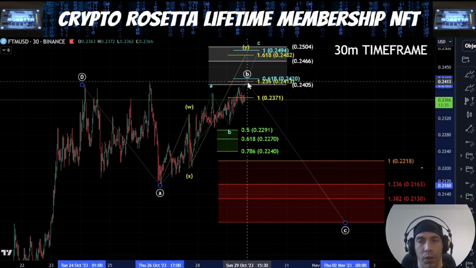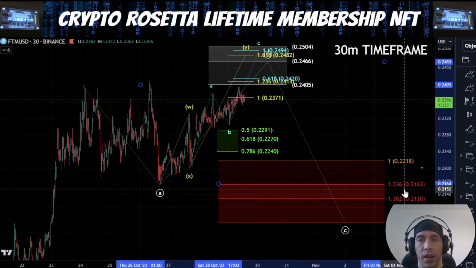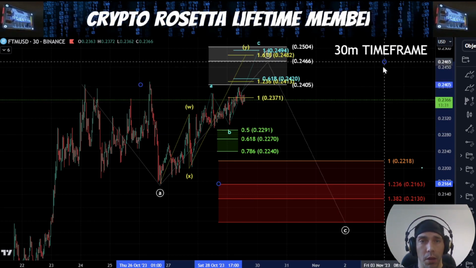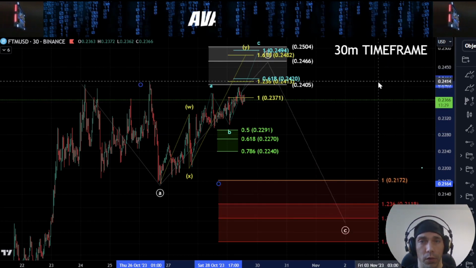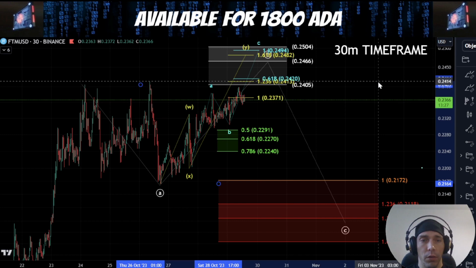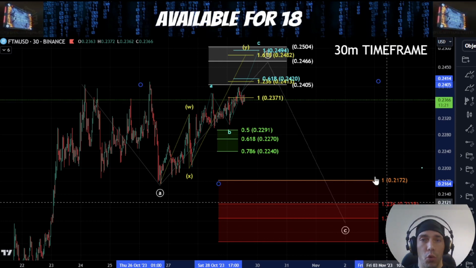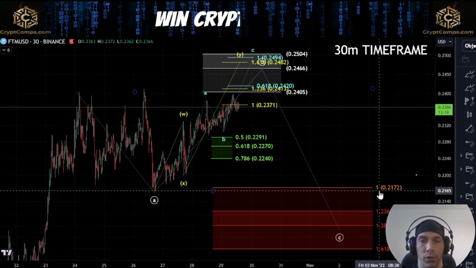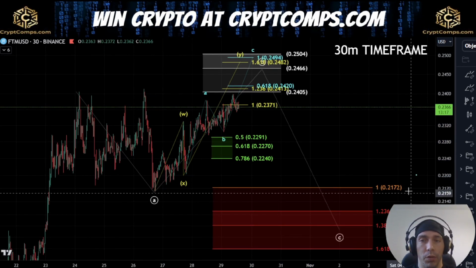If we do see something like this, it would change the target slightly. What this would then mean is that if we see a move up towards that 1236, our target for the C wave would be between 2172 and 2035. The lower area is more common, but we have to just respect this 1-to-1 level aligning with this possibility of